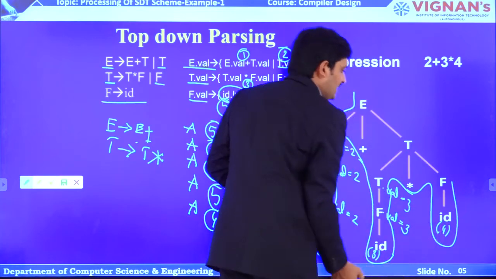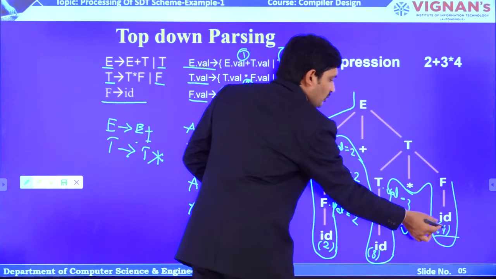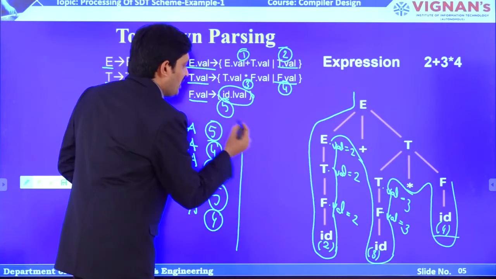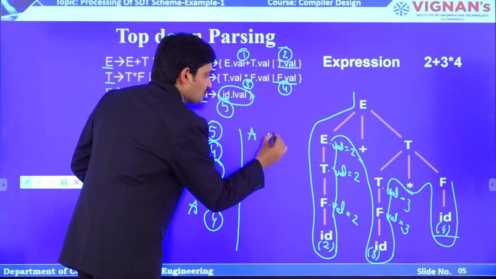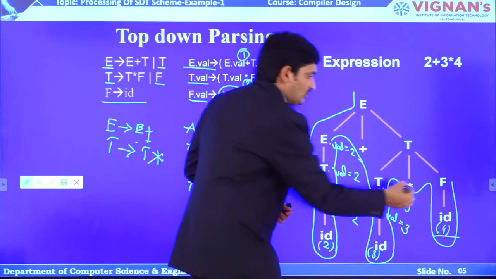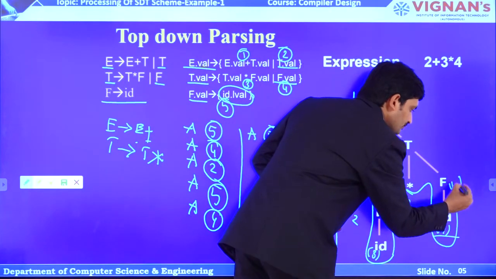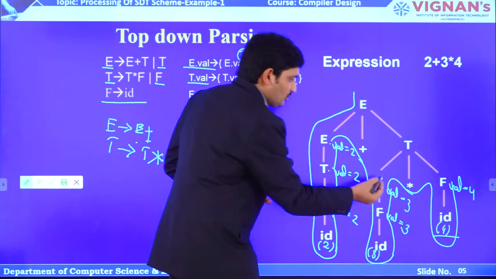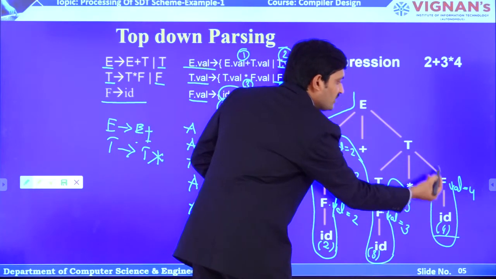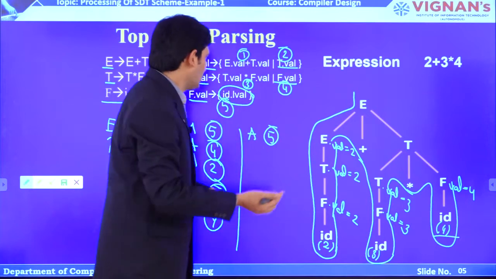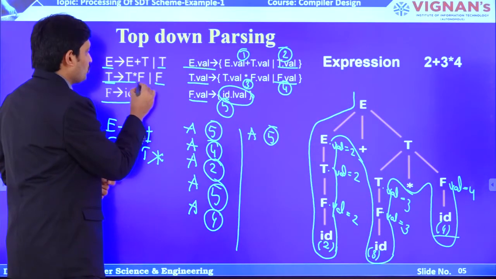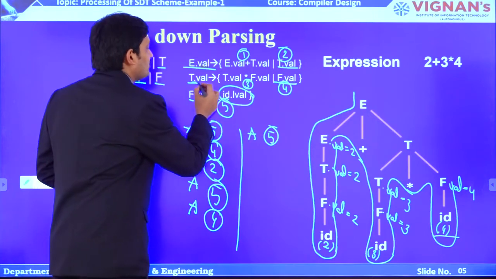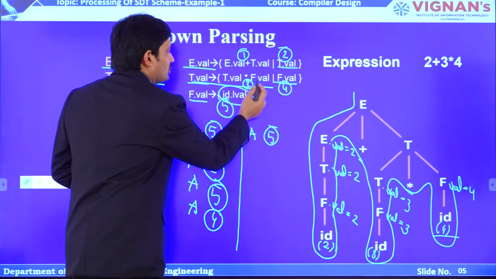Again F tends to ID is there, here the ID lexical value equals 4. So, when F tends to ID is there, we are going to perform action number 5 again. So, now the F value equal to 4. Fine. Next, you can see T star F is reduced to T. Now, come to the production T tends to T star F. The corresponding semantic rule is T value star F value.